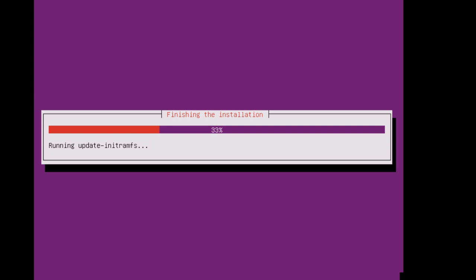Now it's just finishing. As you see, it's setting some things up. This process at the end should not take too long. This is just basically finishing everything, getting everything ready for first boot, which I will show you once it hits that process. Now hit continue at the finish installation,